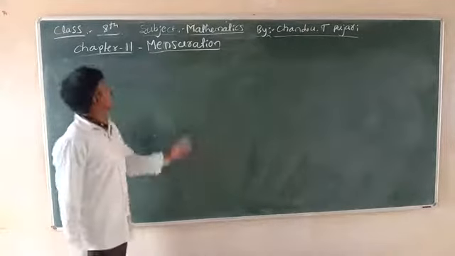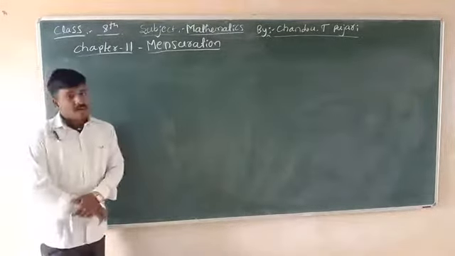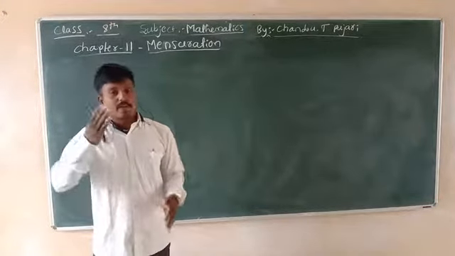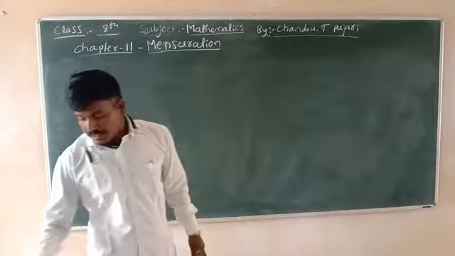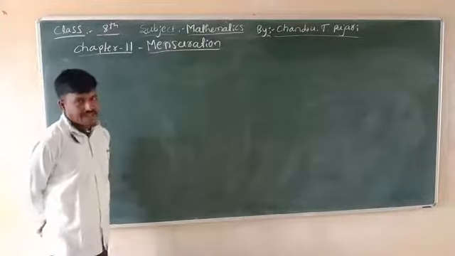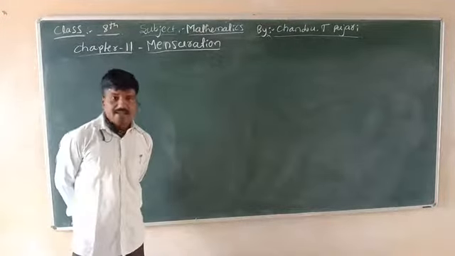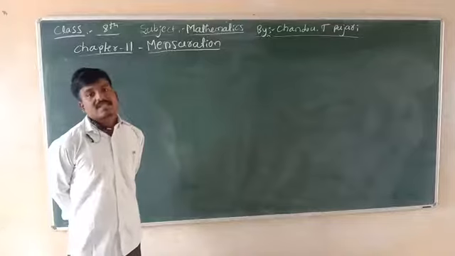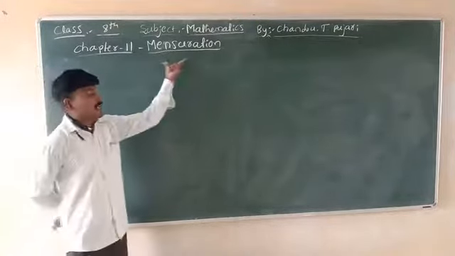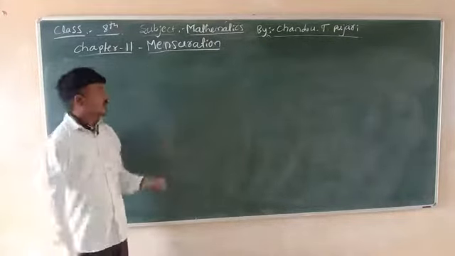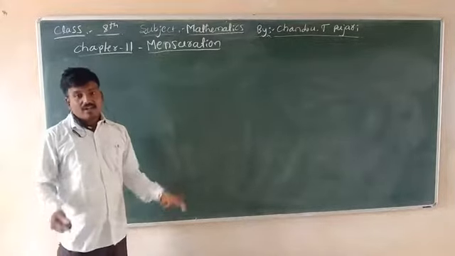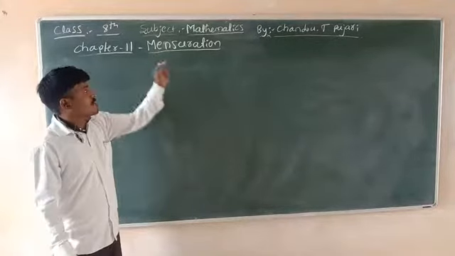Dear students, in your 8th standard, chapter number 11 is mensuration. The mensuration chapter is based only on geometry. In geometry, you learn basic concepts, for example lines, angles, triangles, plane surfaces, polygons, and many more. Mensuration lets you study 0 dimensional to 3 dimensional figures, and we can calculate the area and the volume.